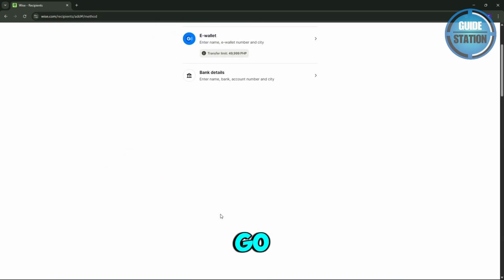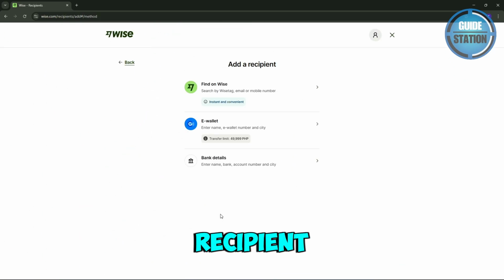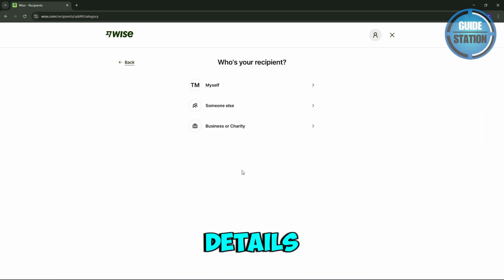There we go. From here, you'll see several recipient types, and since you're linking to a bank account or to a bank, just choose the bank details. This one. Once bank details is available, from here you want to choose the recipient as you, yourself, myself, and